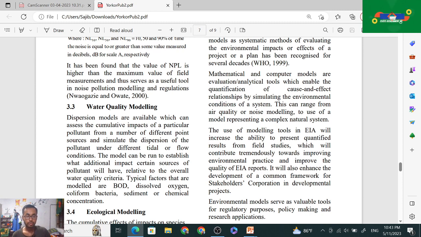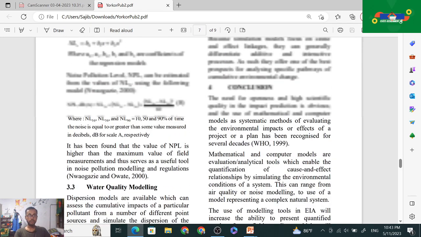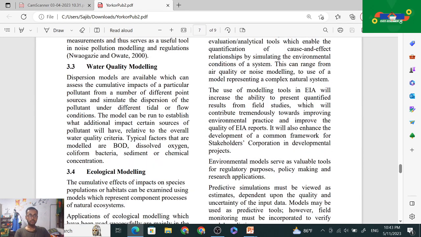Then water quality modeling এর মধ্যে যেটা আছে সেটা হচ্ছে যে এখানে dispersion models are available which can assess the cumulative impacts of the particular pollutant from a number of the different point sources and simulate the dispersion of the pollutant under different tidal or flow condition. The model can be run to establish what additional impact certain sources of the pollutant will have relative to the overall water quality criteria. Typical factors that are modeled are BOD, dissolved oxygen, coliform bacteria, sediment and chemical concentration এগুলো হতে পারে।